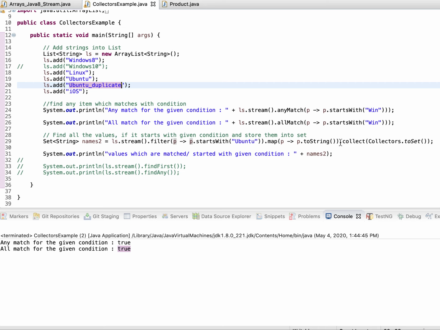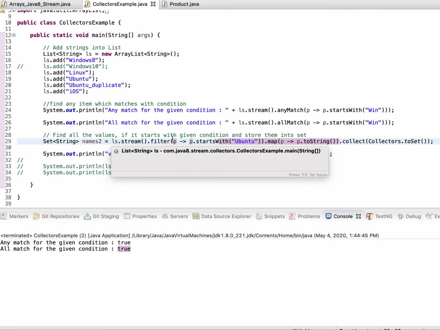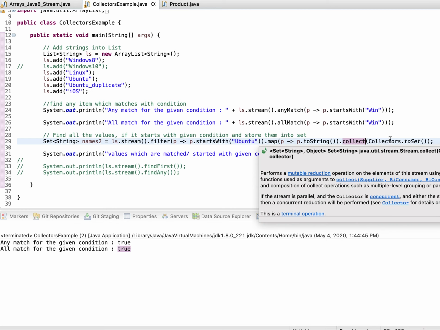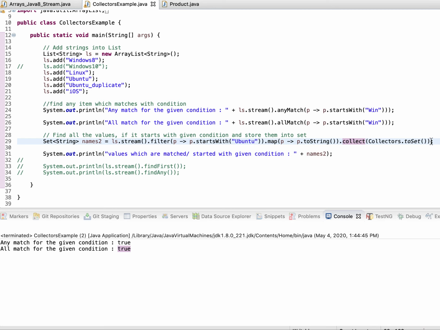Once you put a stream on top of a list, apply a filter, and then map to a set, you need to collect the items matching this filter. Collect, Collectors.toSet. This is going to collect all the items filtered with this condition, and they will be stored into the set.